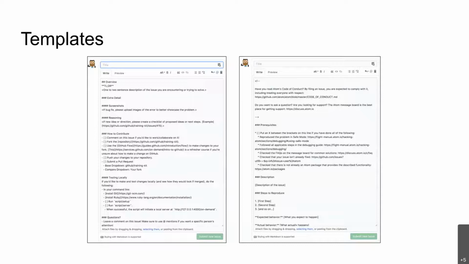Because for a typical maintainer, there will be thousands and thousands of people working on the project. There will be hundreds of them coming in and going out, as I said. So you really need to standardize a lot of things. And these issue templates are what really helps these open source projects on GitHub make it easier for people also to contribute.